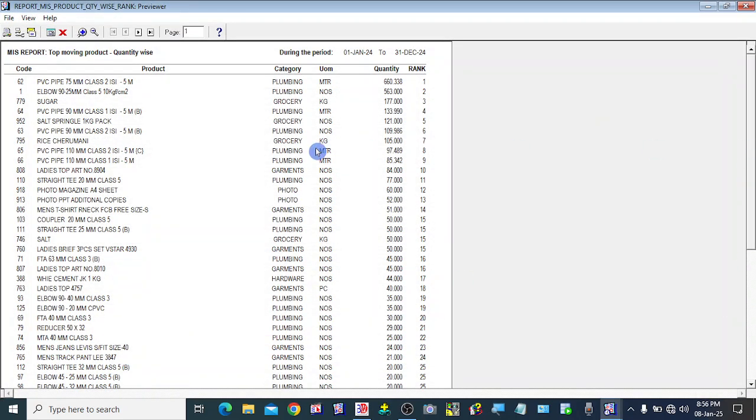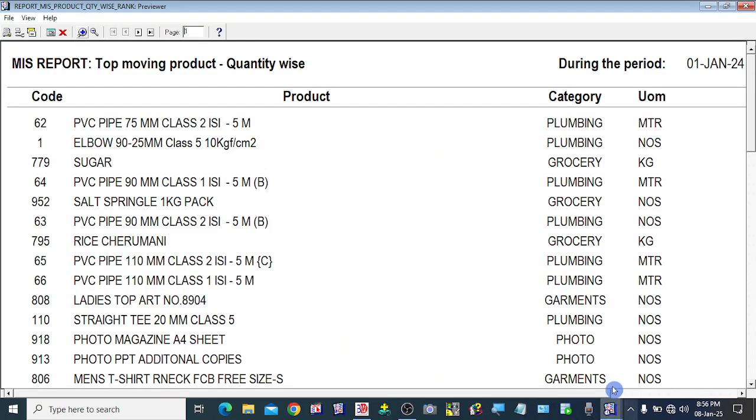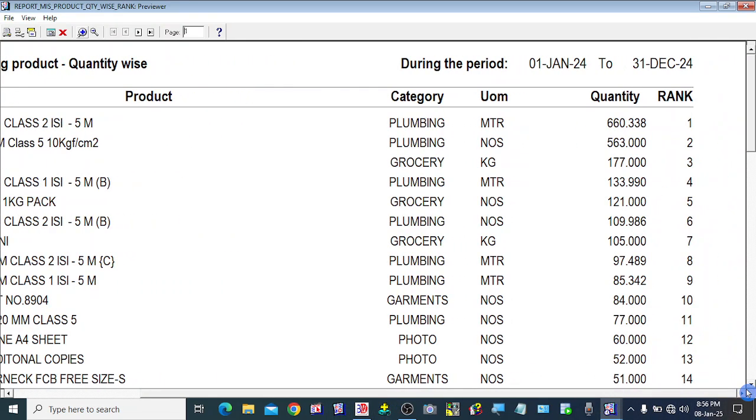Here in this report, we can very easily identify the first item, PVC pipe 70 mm. In quantity wise, this is the top selling product in my store during the date range 1st January 2024 to 31st December 2024. The rank is 1. It means I have sold 660 meters of this product,